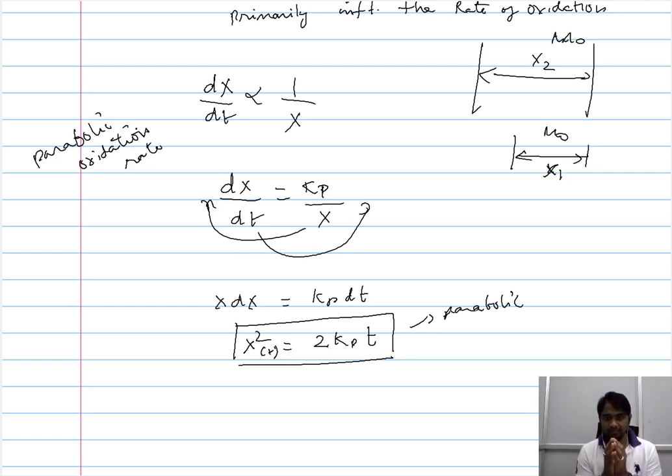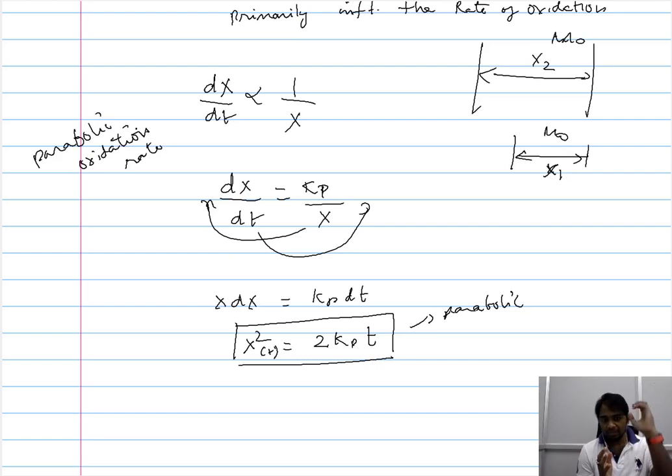So the one characterizing feature is that in parabolic oxidation rate, the rate of diffusion of ions within the metal oxide governs the overall oxidation rate. The way it governs is that when you have a larger or thicker metal oxide, the longer it will take for the ions to traverse across it, and therefore you begin with the inverse relation. This inverse relation ultimately leads to the parabolic expression.